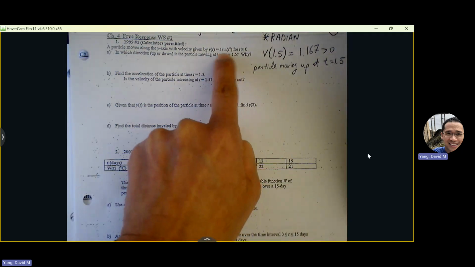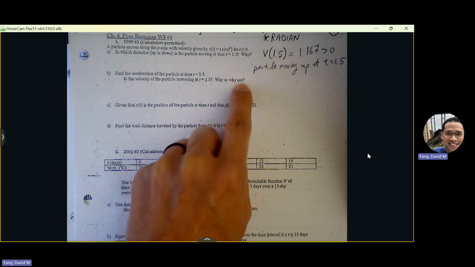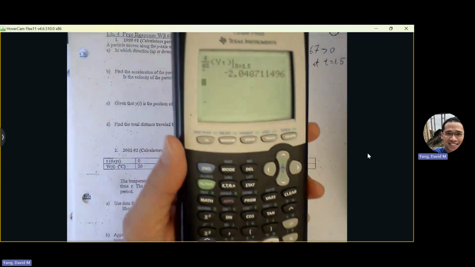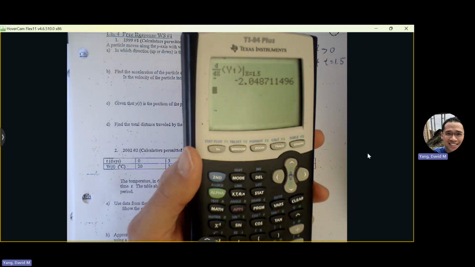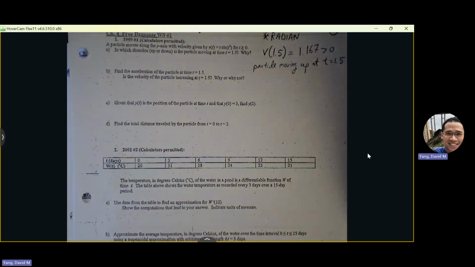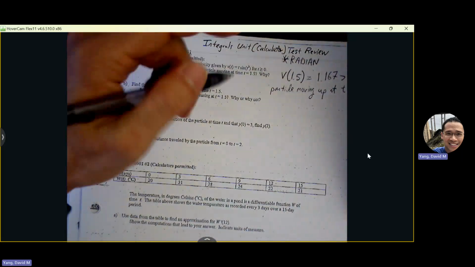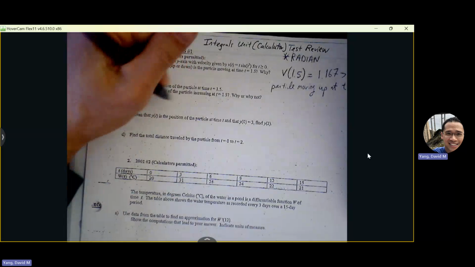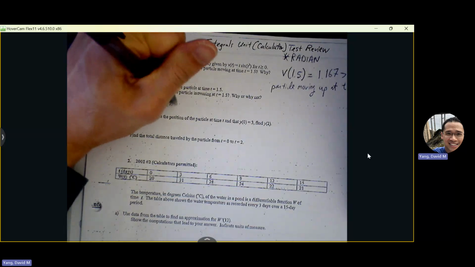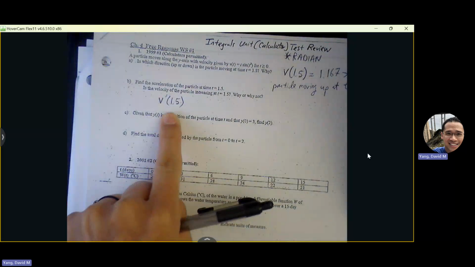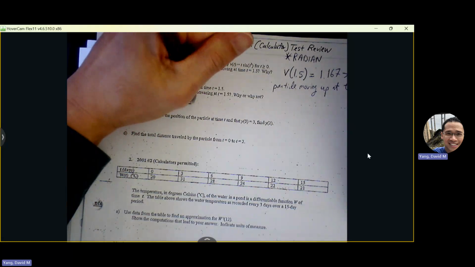We will get the same value if we were to go through product rule, f prime g plus f g prime, build the derivative, get to the acceleration, and then replace every t with 1.5. We would get the same value. So basically, this is acceleration. So let me write this down, and I'll show you on the 36 Pro. So v prime of 1.5, which we can also call a of 1.5, is equal to negative